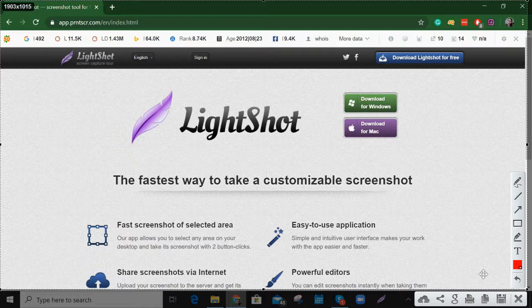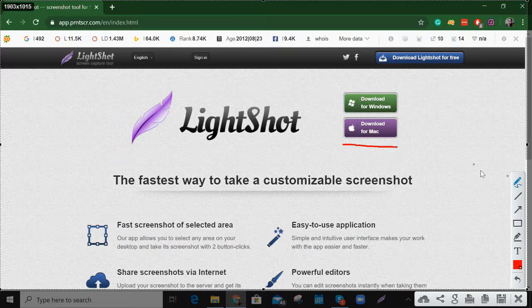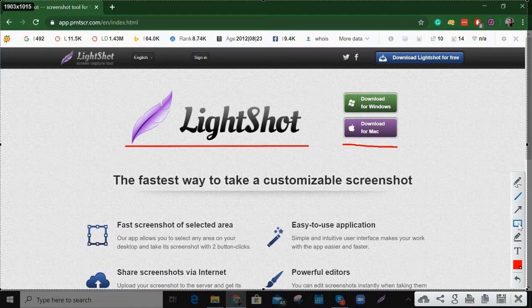So let's try to add something about our screenshot. So for example, let's emphasize something on our screenshot. You can explore it here. You can use pen, you can use line. For example, let's use this pen like that, or simply use this line if you want,